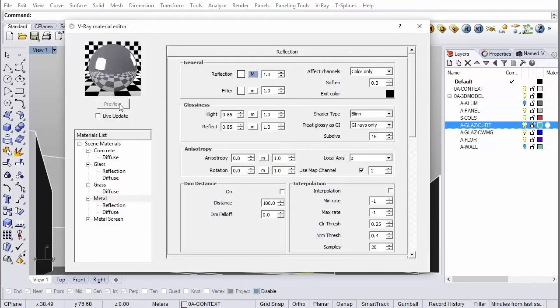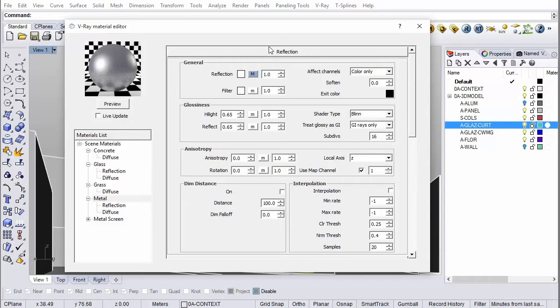And now we're getting this really nice effect. Now, it just depends on how reflective you want it, but you could even make this 0.5. And it gets even smoother. So it just depends on how polished you want your metal. So let's leave it at 0.65. And so that's how we've made a nice metal.